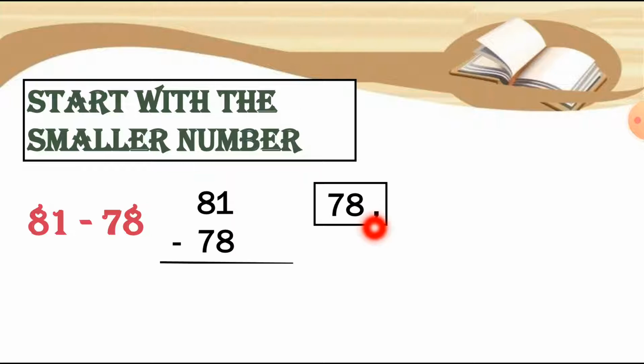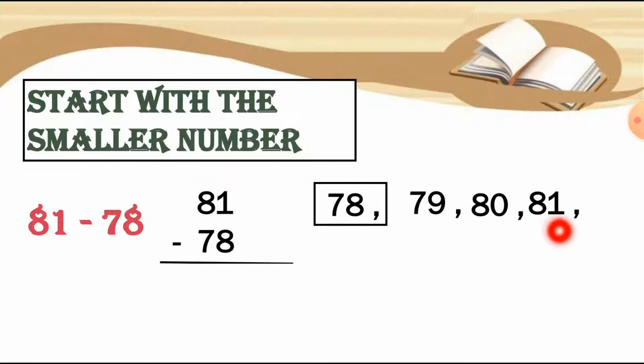So here is 78 and we have to count forward till the number 81. Understood this? We have to count from the 78 number till the 81 number comes. So let's see this. After 78 the number 79 comes. After 79 the number 80 comes and then 81. So here the 81 number has come. So how many steps is this? 1, 2, 3.